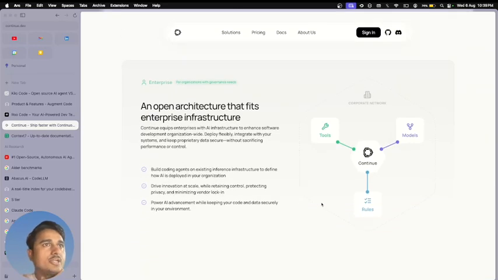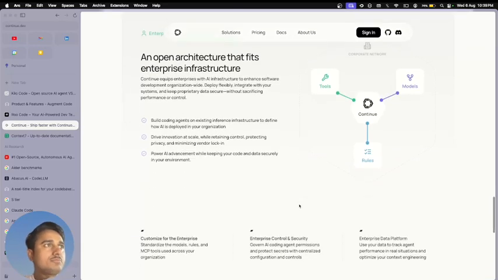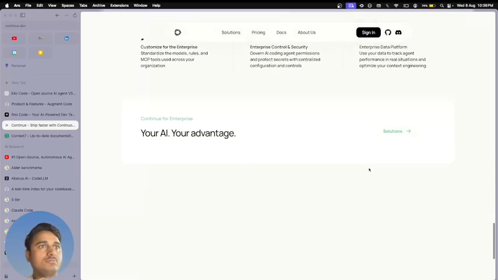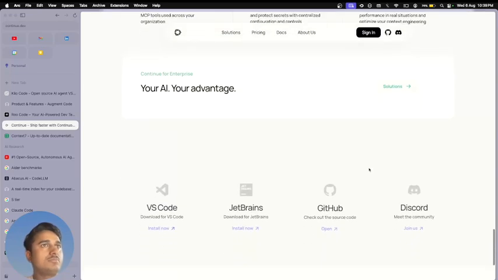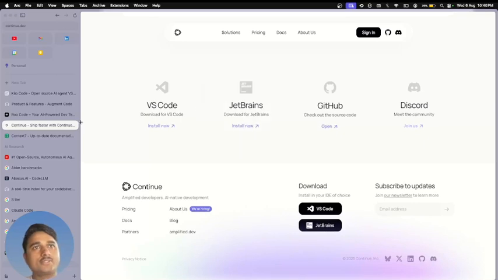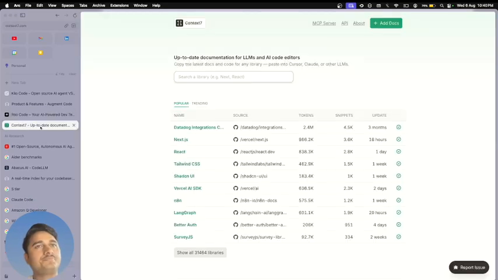An open architecture that fits enterprise infra. I guess we can exclude this one as well. Okay,